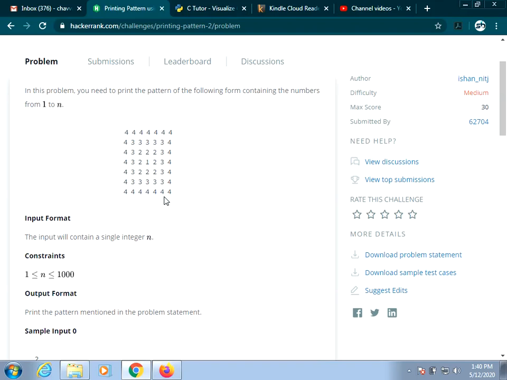this pattern. So some problems will break down the pattern into line by line, and some will be breaking down the problem into upper triangular matrix and lower triangular matrix, and some problems will be breaking down into left part of your matrix, right part of your matrix, and some will be breaking down into top of the matrix and bottom part of the matrix. So basically you should know how to break down your patterns into parts and solve them individually.